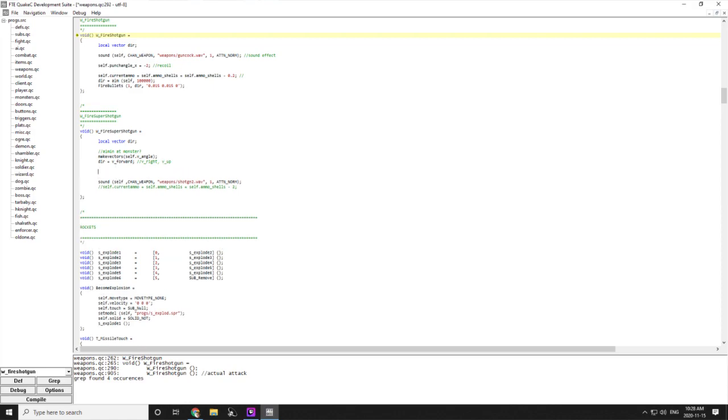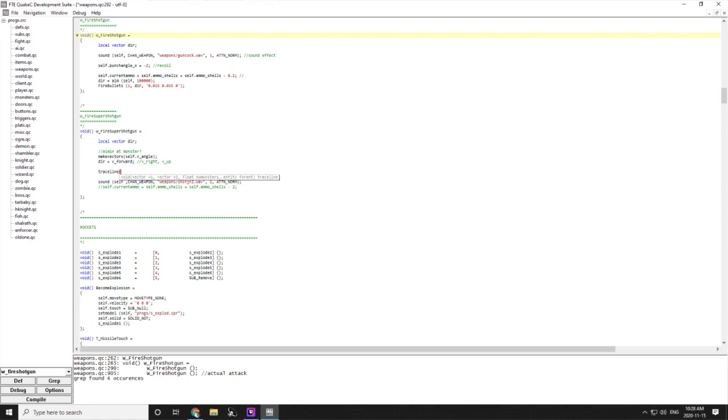All right, so the key to this is the traceline function. One of the things I really like about FTEQCCGUI is if there is a well-defined method and I put it in there and start the brackets in which I put the arguments I'm going to pass, it actually gives me the definition here: vector v1, vector v2. So when you're trying to trace a line, you need to know the origin and ultimately the destination you're aiming for, and it's going to trace a line along the shortest straight line path between those two